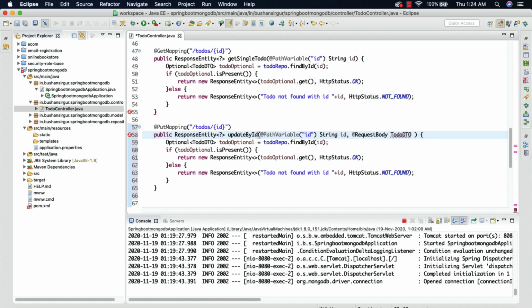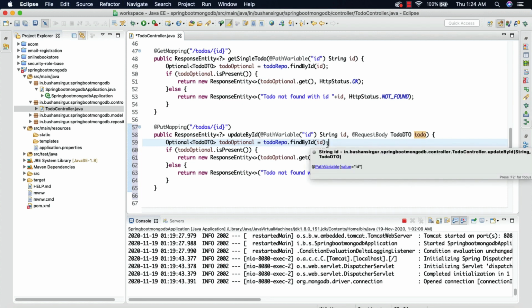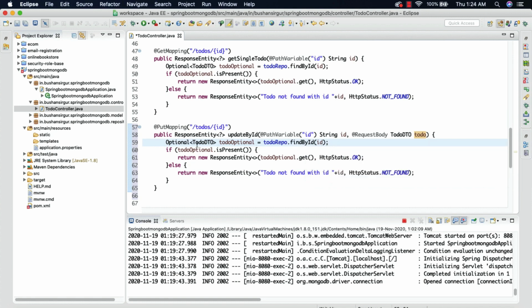ToDoDTO, which is todo, and we're going to first get the ID. So first we're going to get the todo from the MongoDB database, and if that object is available, then we are going to set the new entries.